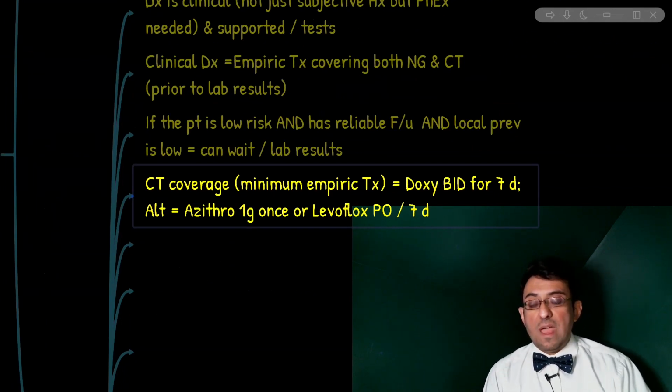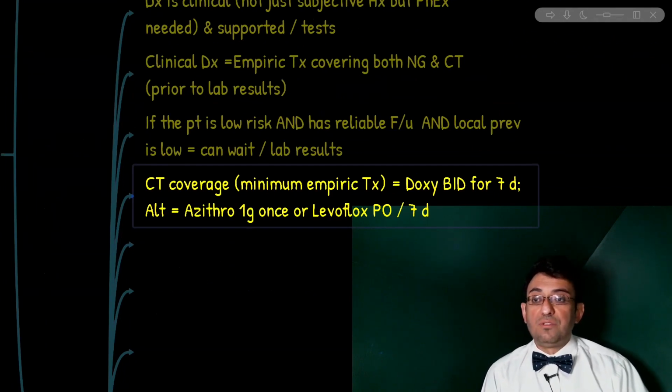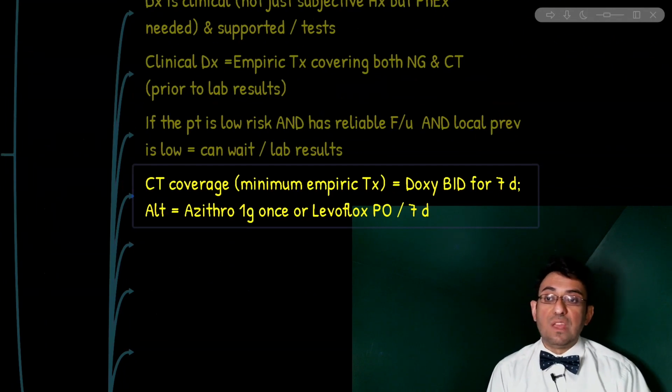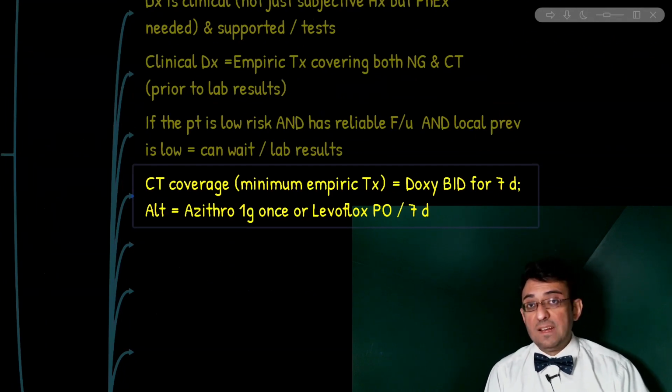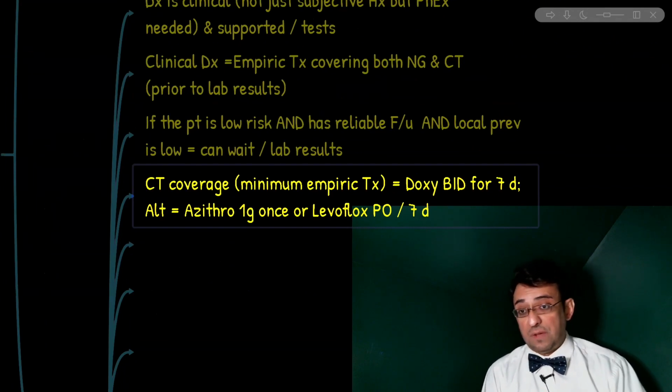Now, what are the antibiotics that cover Chlamydia trachomatis? We can use doxycycline, we can use azithromycin, we could use levofloxacin. So in what condition should we specifically and only use azithromycin? Remember, during pregnancy, doxycycline and fluoroquinolones are contraindicated, and so we need to use azithromycin for coverage of Chlamydia trachomatis during pregnancy. So, to put it simply, the empiric treatment for cervicitis during pregnancy is ceftriaxone, which is safe during pregnancy,